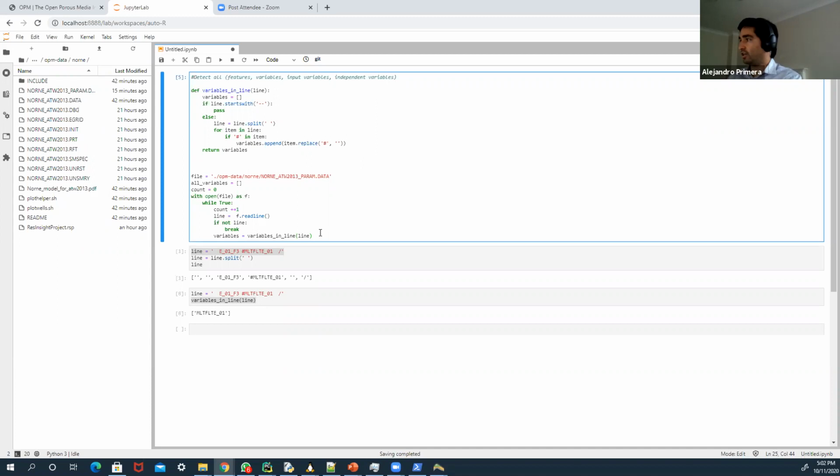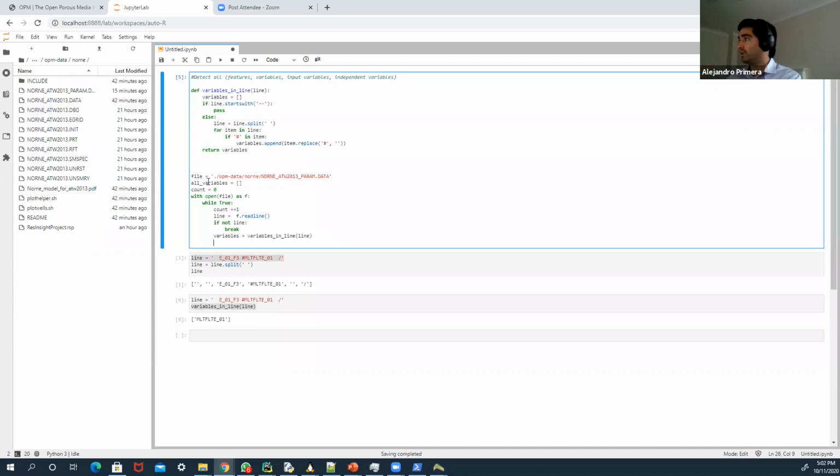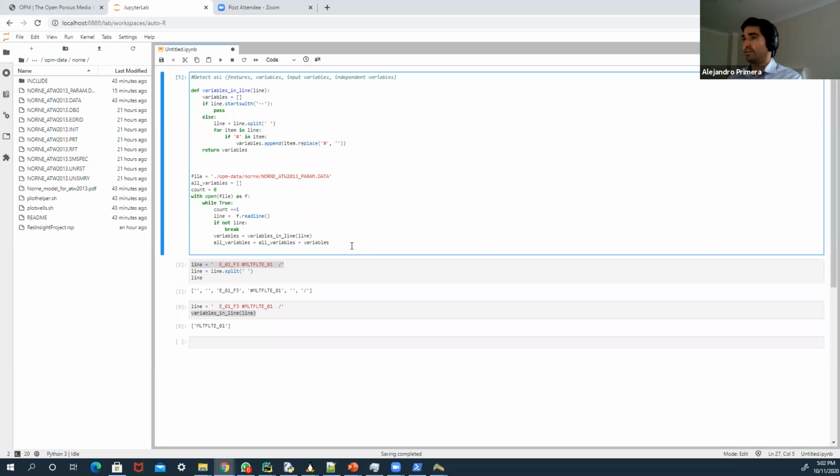Every time I go through the loop, I want to store everything in all variables. So all variables is equal to all variables plus the new variables that I'm storing here. And so if I do that,